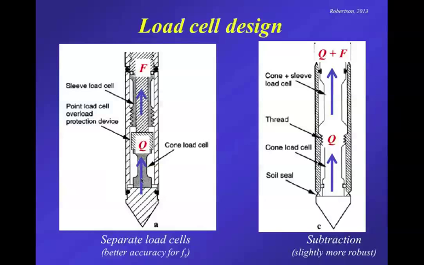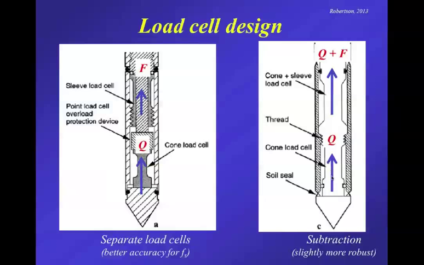you can have load cells designed that have separate load cells that measure the tip and friction separately with two separate load cells. These tend to have better accuracy for sleeve frictions because each load cell will have a separate zero load drift, but you're measuring the load separately, so you can correct each load cell independently. But in the 80s, in Europe in particular, it became quite popular to use subtraction design